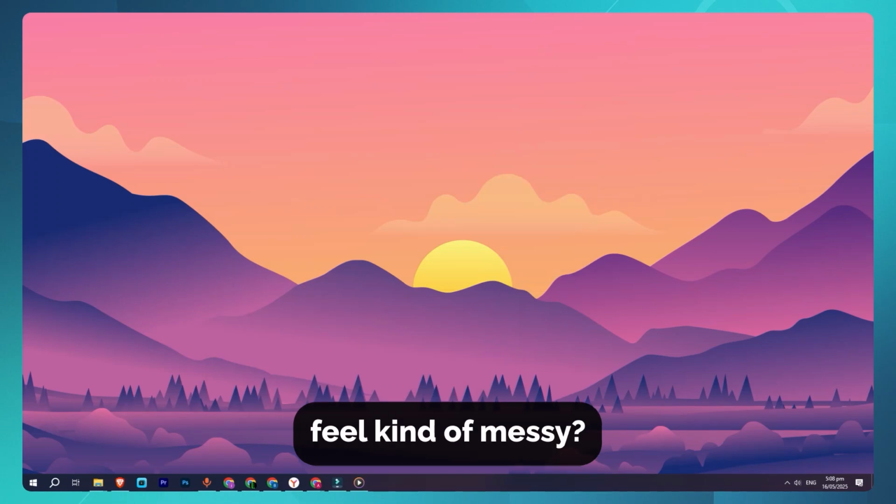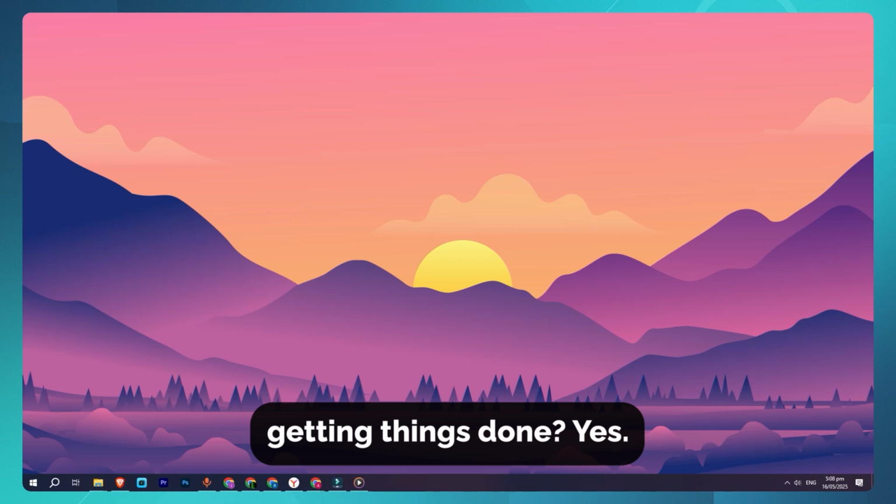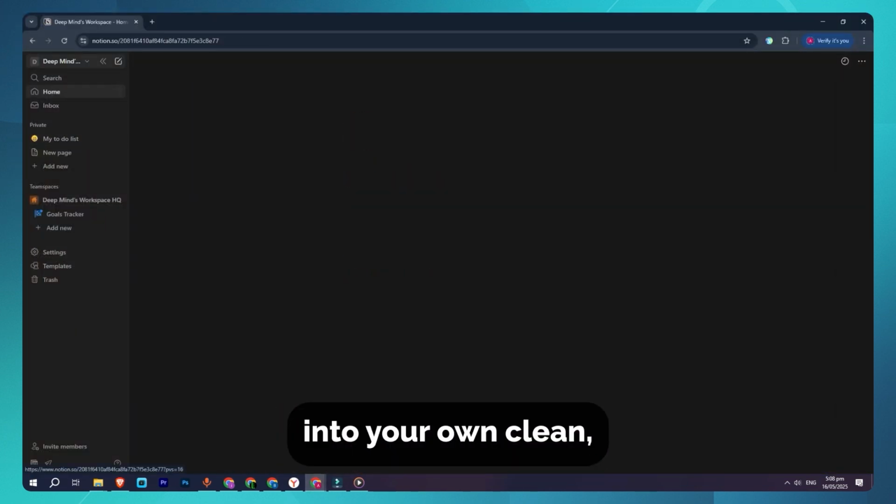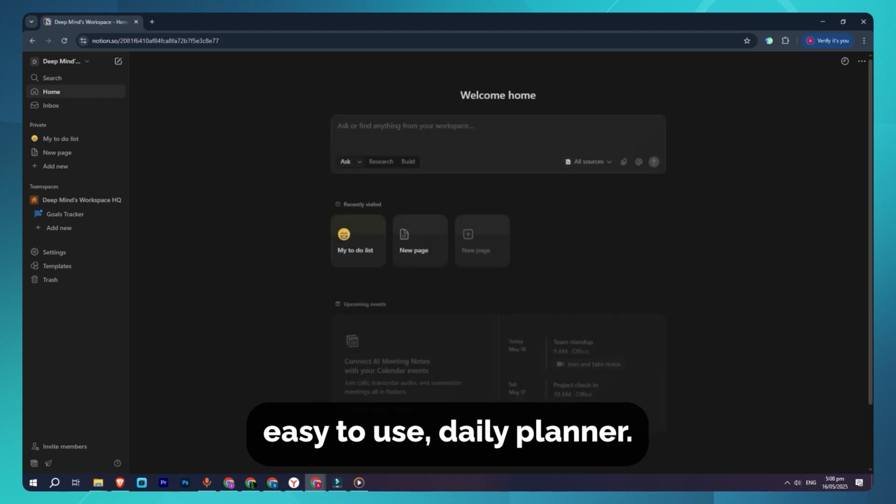Do your days ever feel kind of messy, like you're doing a lot but not really getting things done? Yeah, same. That's where Notion comes in. With just a few clicks, you can turn Notion into your own clean, easy-to-use daily planner that actually helps you